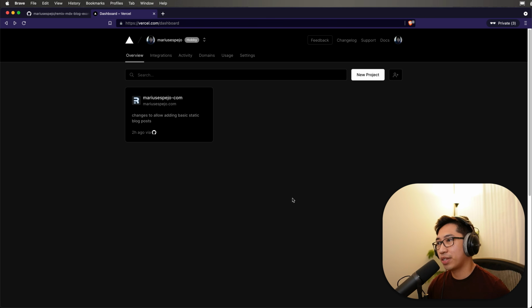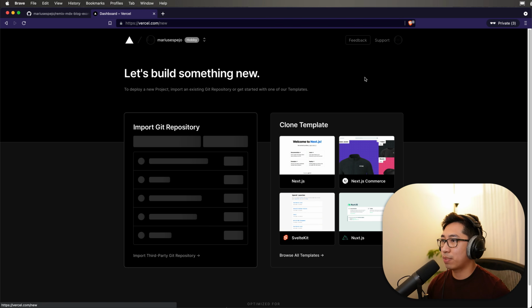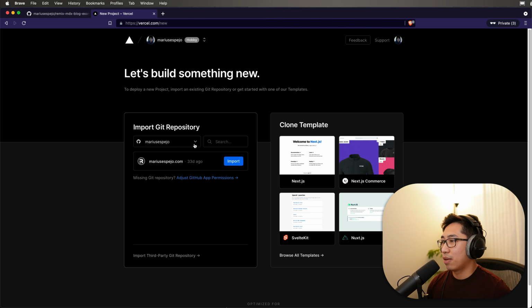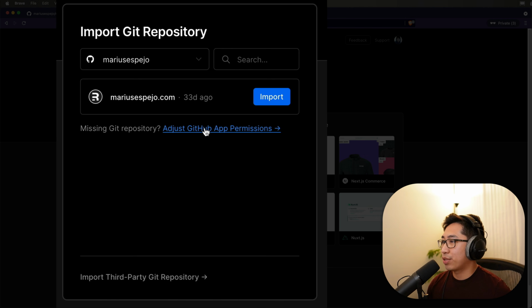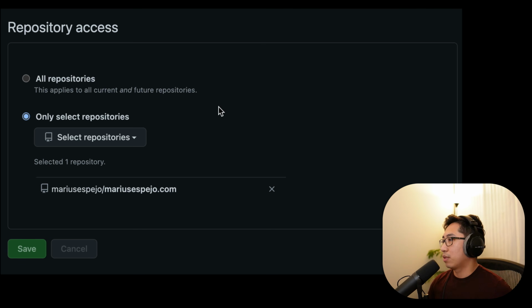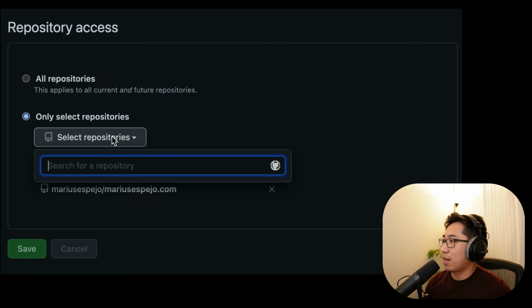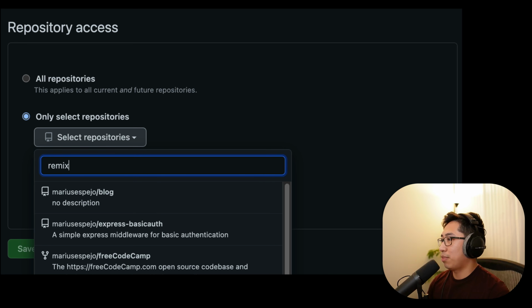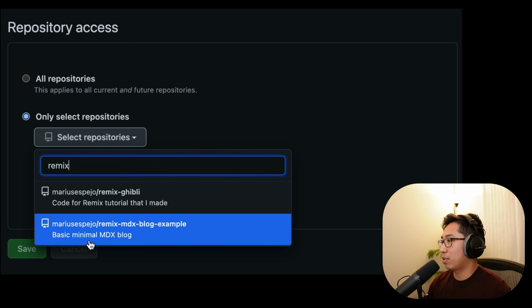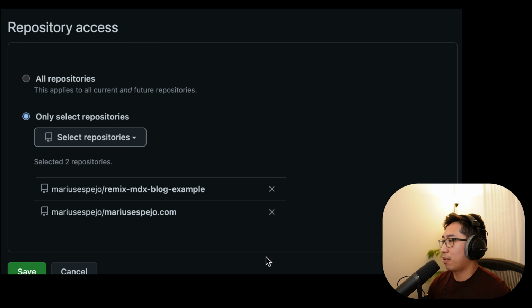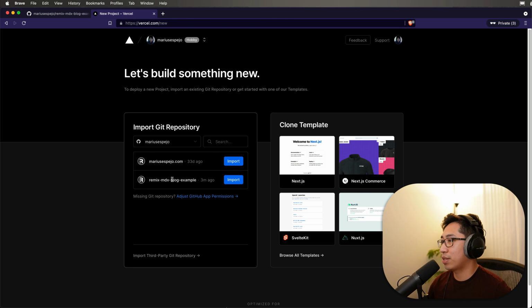Once you're logged in, you'll see a page like this, and you can select new project, and then you might need to adjust your permissions so that it can see that specific repo that you created. For example, in my case, I'm only giving permissions to select repositories. Like I have this personal site that I'm trying to build, and then I'm going to add that new Remix site that we just built. So the Remix MDX blog example, and that should show up in your list here. So I'm going to go ahead and click import,